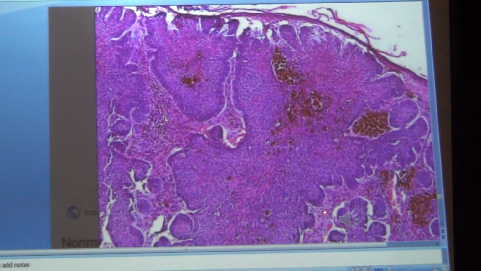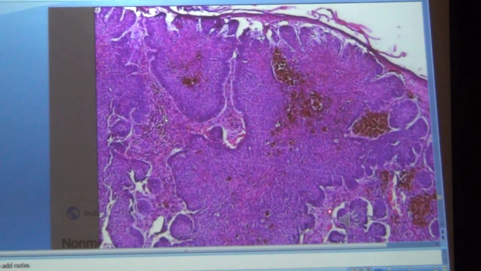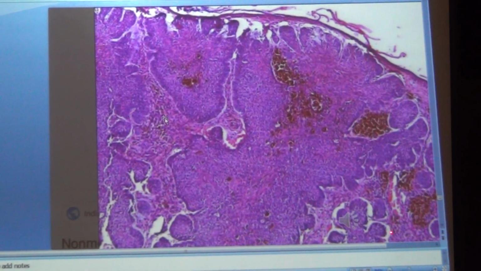But you can also see that this island is separated from the stroma. This white cleft is retraction artifact, and it is also helpful in the diagnosis of basal cell carcinoma. Over here it is very marked. These islands are separated from the stroma, and this separation is called retraction. Palisading and retraction are helpful in the diagnosis of basal cell carcinoma.